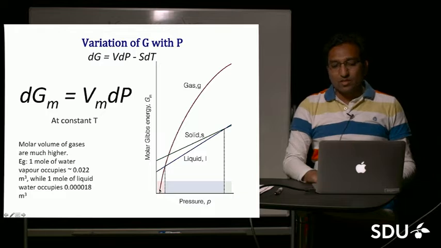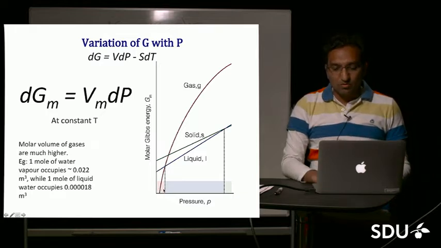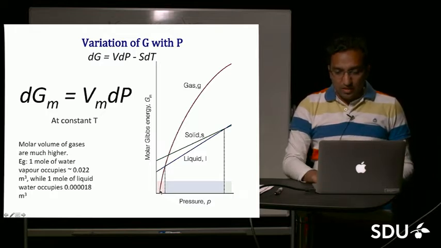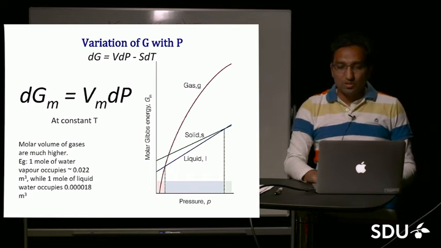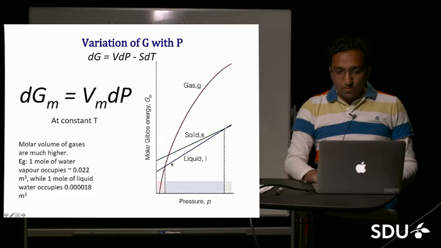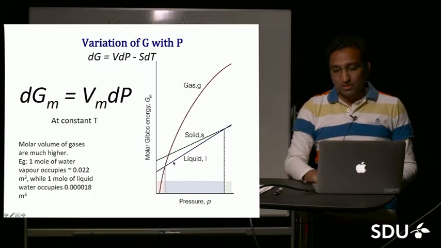So the Gibbs free energy is minimum for the gas in this region. Now, as we increase the pressure, as we go up to this point, now the liquid has a lower molar Gibbs energy compared to the gas. So where did the pointer go? So this is now the stable phase under these pressures, and as I keep increasing the pressures, I finally enter